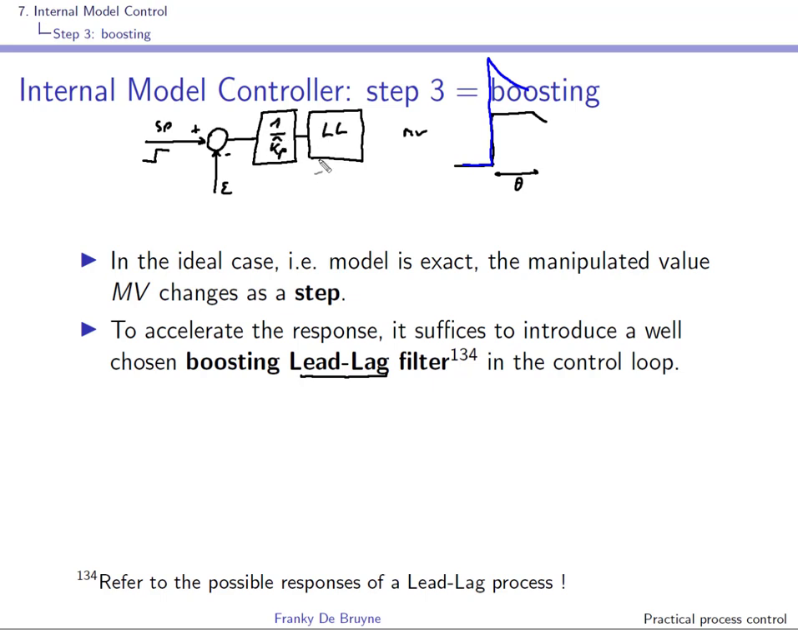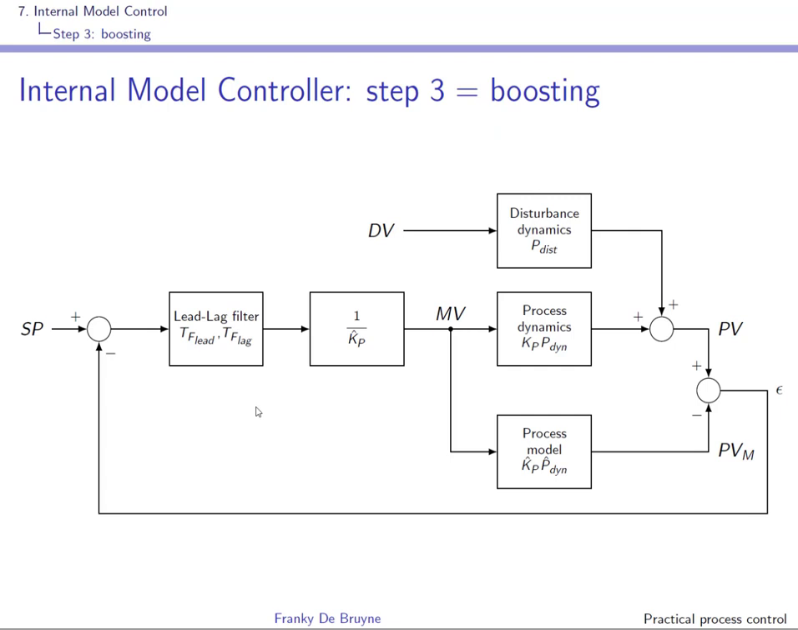Lead lag, and this lead lag has a time constant t lead at the numerator, and a lag time constant t lag. And to obtain that kind of response, you should use t lead larger than t lag. If this comes as a surprise, you have to go back to the section on process behavior. So this is the step 3 IMC controller with this boosting filter, this lead lag filter,